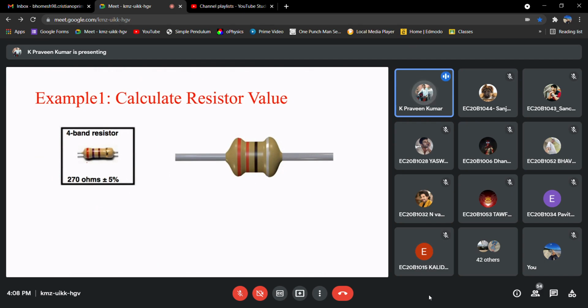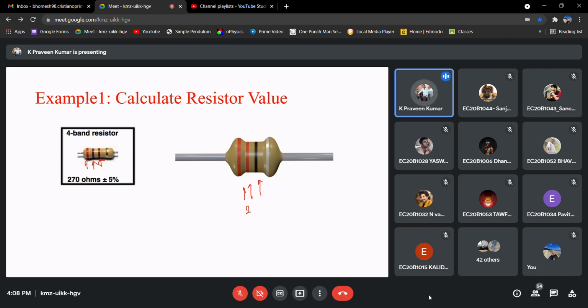Here the first is red, the next is violet, and the third is something. Again, the same thing. Here it is red, here it is red, and then one is black. So what is this value?